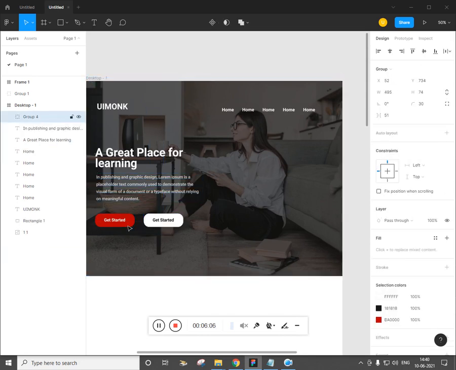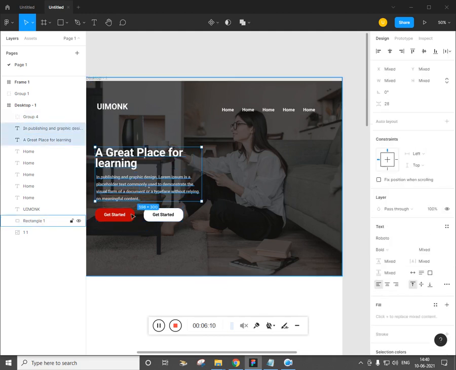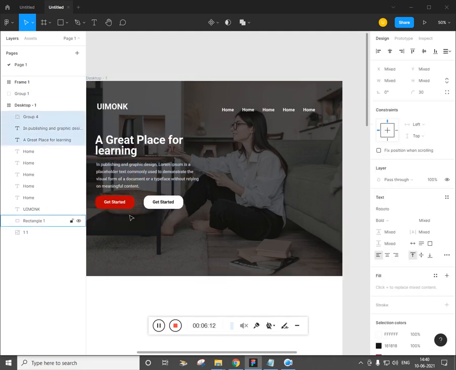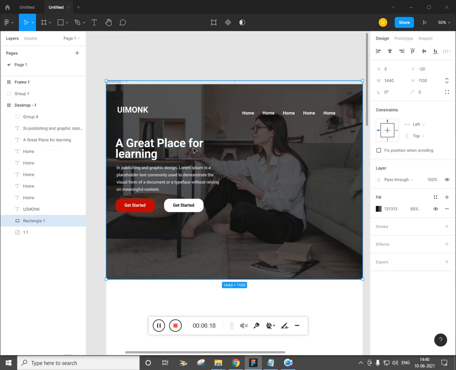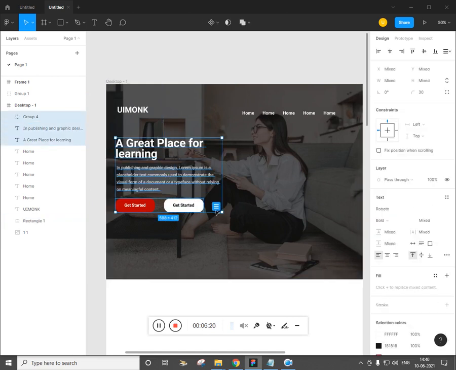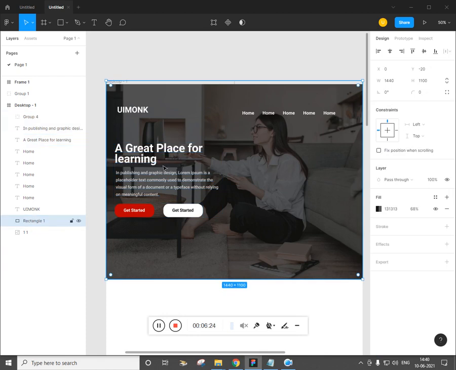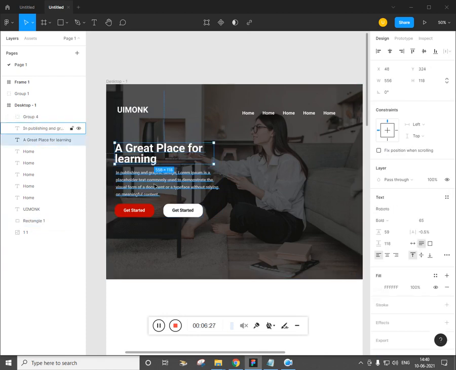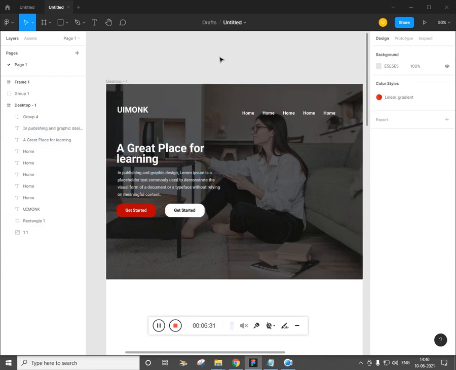Make it as a group and select all with the help of Shift. Cool. Now we need to make this text.